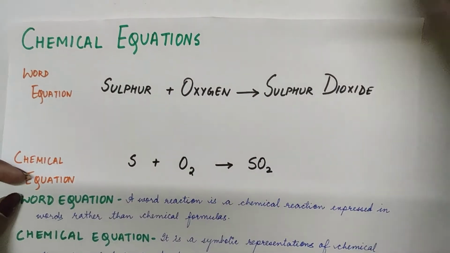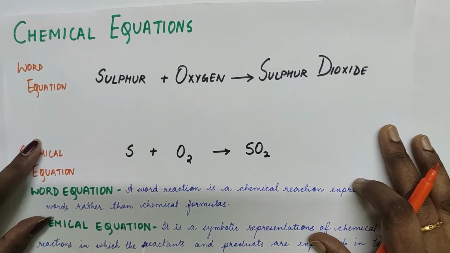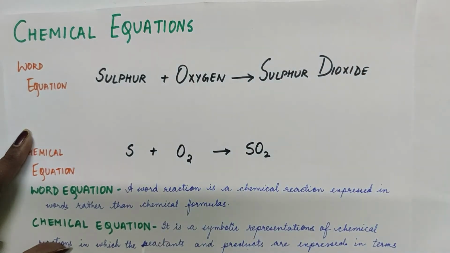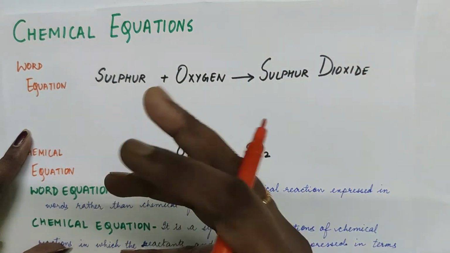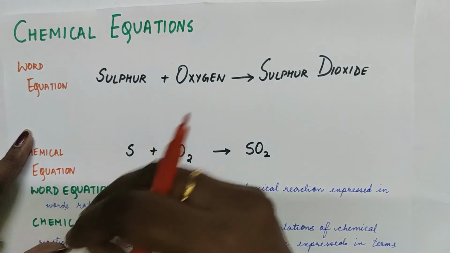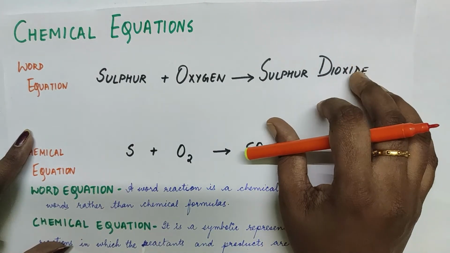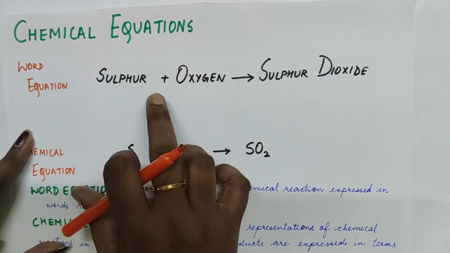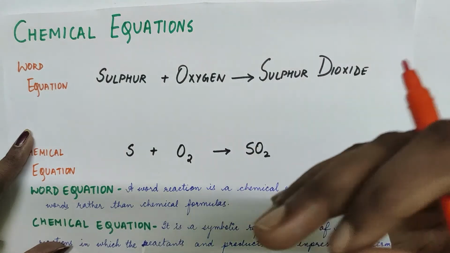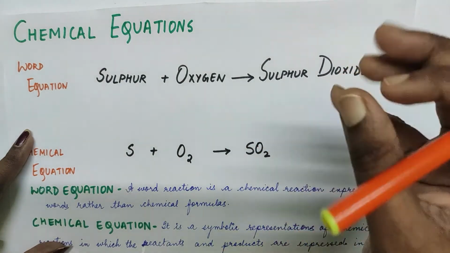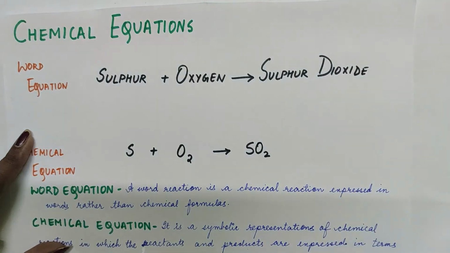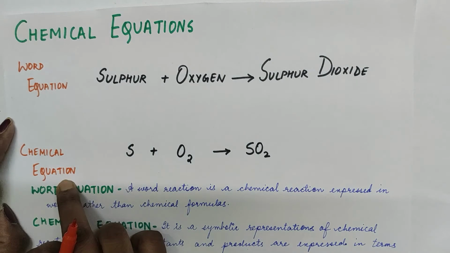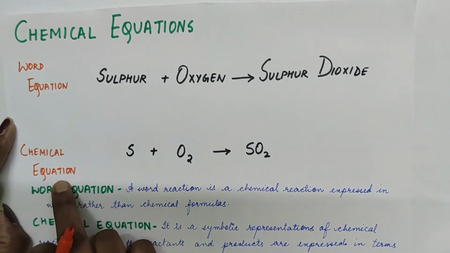So, what is a chemical equation? Let me explain. A chemical equation is written for a chemical reaction, which represents the process happening when different chemicals are reacting and some product is formed. So, in this, we have some substances which react together, called the reactants, and the output or the result of that is a product. It may be one product or more than one product. So that chemical equation can be represented in two forms, as you can see, word equation and chemical equation.